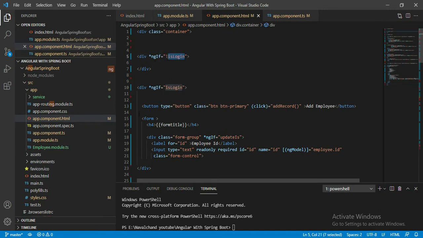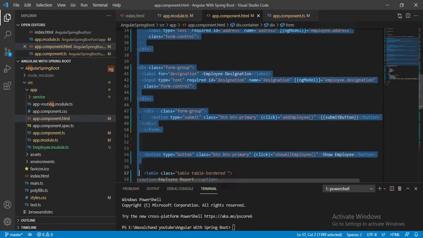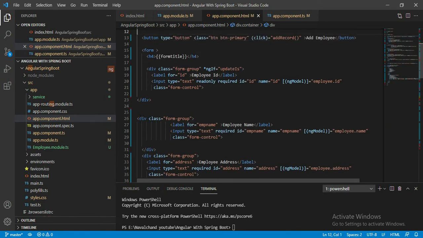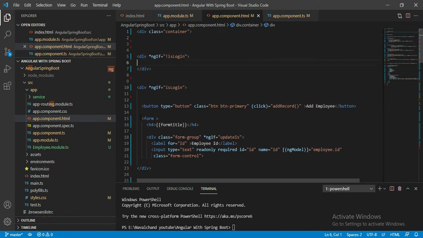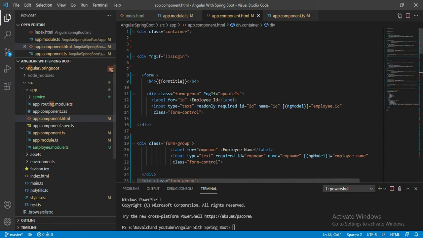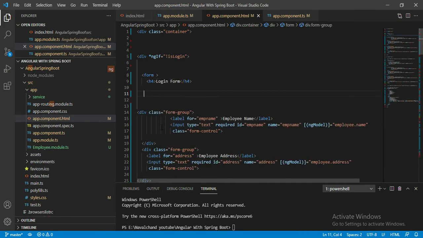Simply I'll copy this form and paste it here. Change some content. Simply add here login form. We don't need an ID here, I'll simply remove this.